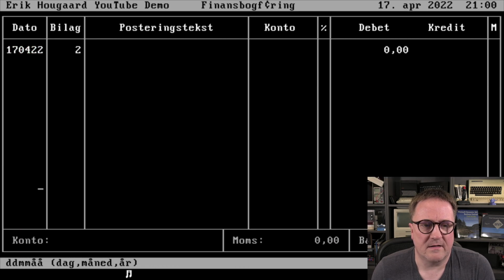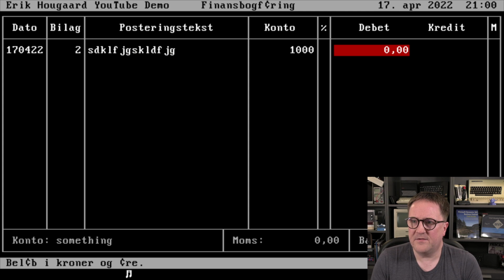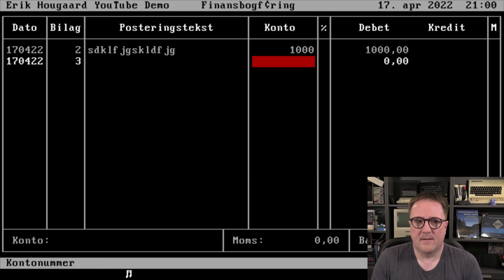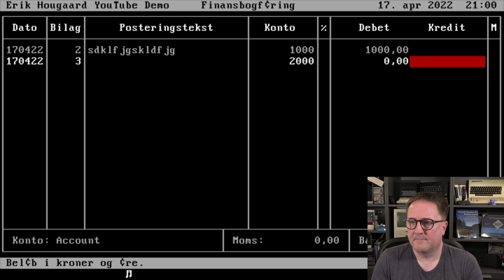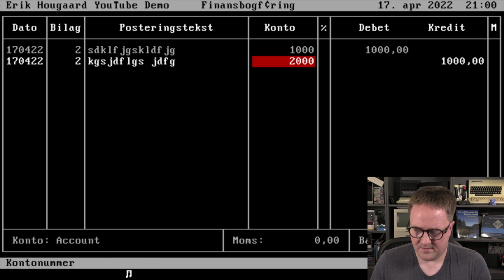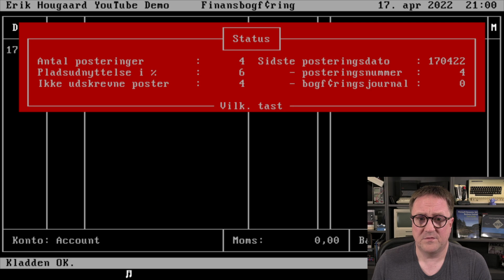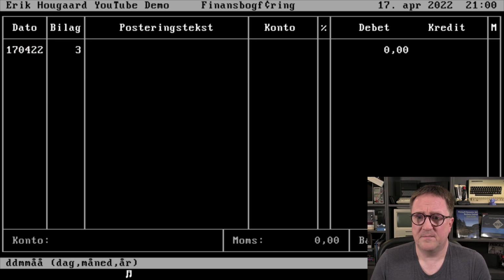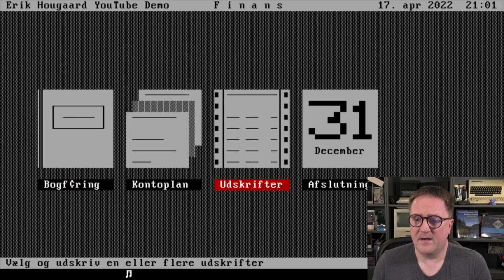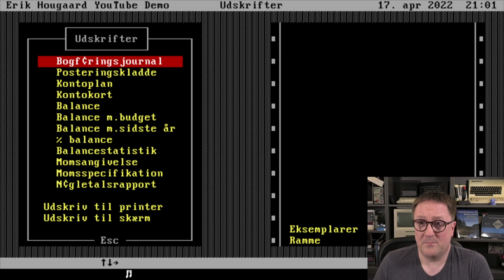We got the ledger, and it works the same way as we would imagine. Maybe we should put them on the same thing here. Something else. We will hit F7 for posting. We post this. It's posted. Done. There we go. And here, compared to the other one, we can go and select printouts,